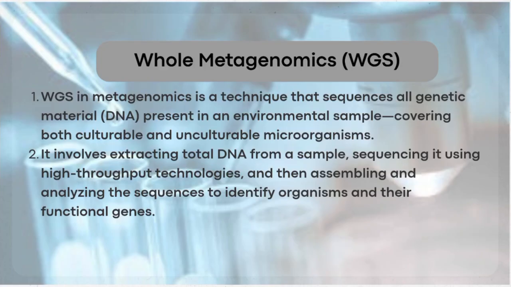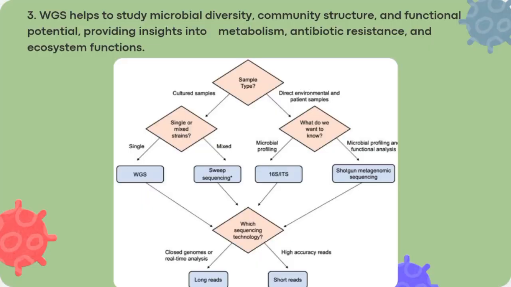It uses high throughput technologies and then assembling and analyzing the sequences to identify organisms and their functional genes. Whole gene sequences help to study microbial diversity, community structure, and functional potential, providing insight into metabolism, antibiotic resistance, and